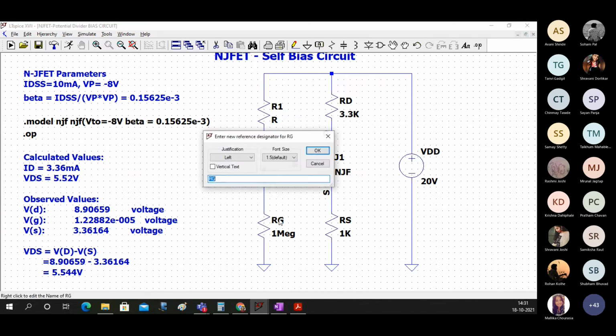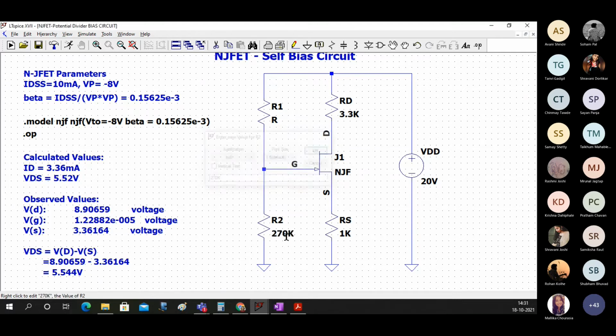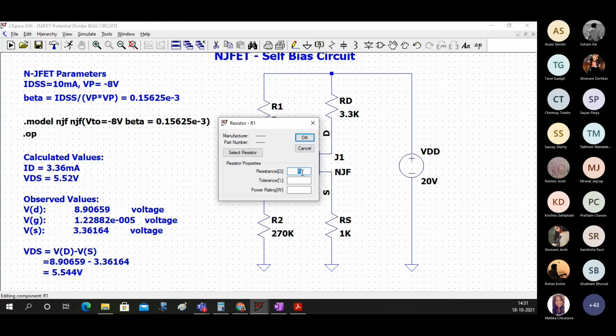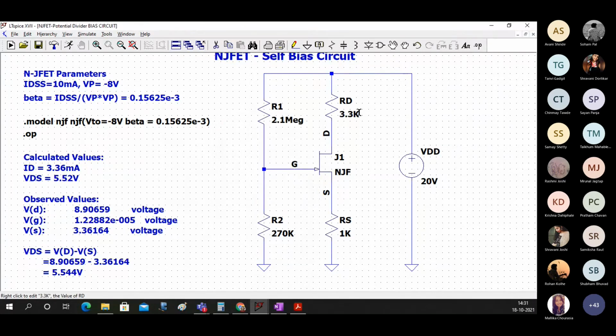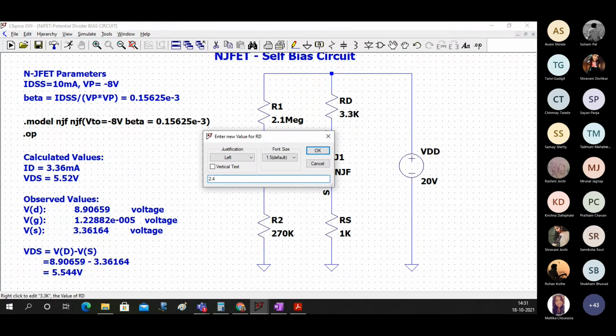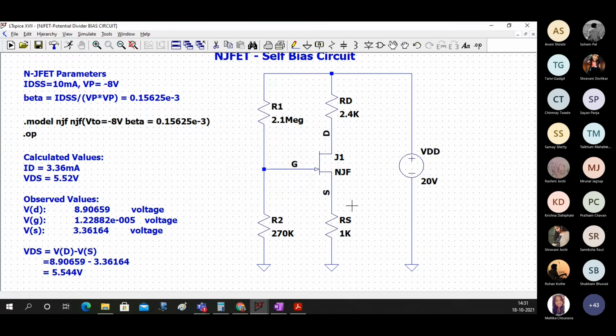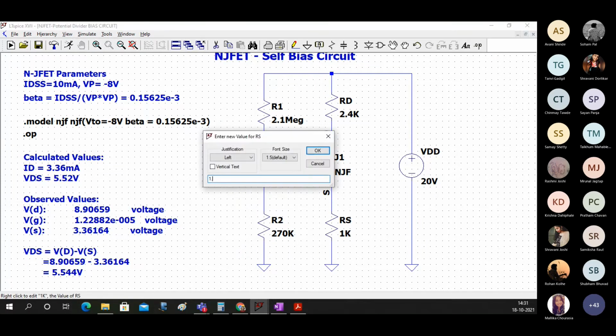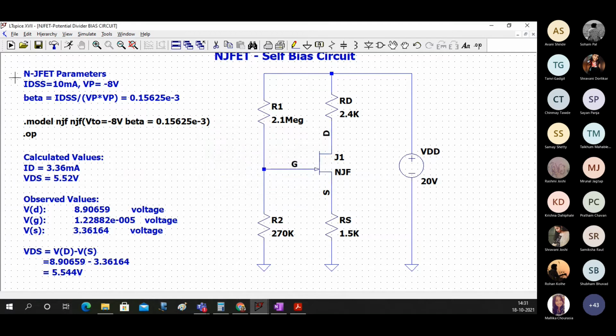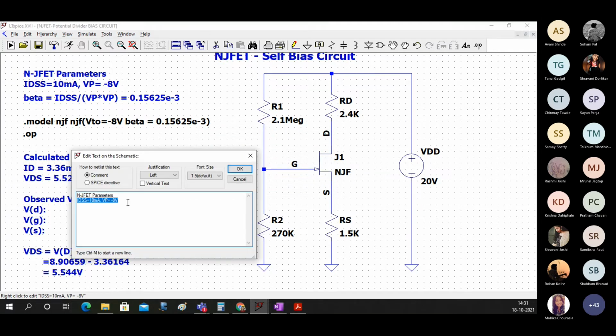This is R1, this is 2.1 meg, this is 2, and RS is 1.5. IDSS in this case is 8 milliamperes, and VP is also minus 8.